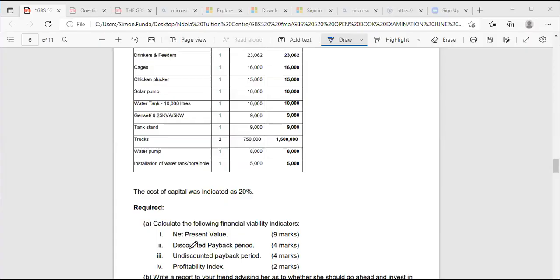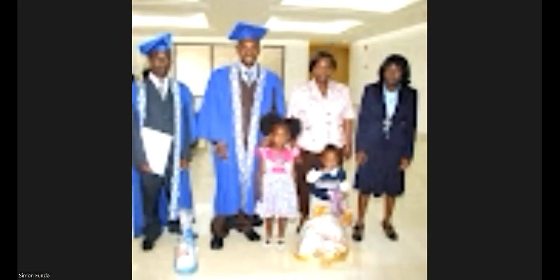So we are still looking at A. This time we are at number 2. Number 2 is asking us to compute the, let's just go back to the question. The question says discounted payback period. So this is very simple. Then we'll do discounted and discounted payback period formats. This one I will not spend a lot of time on because it's very straightforward. So since the question is asking us